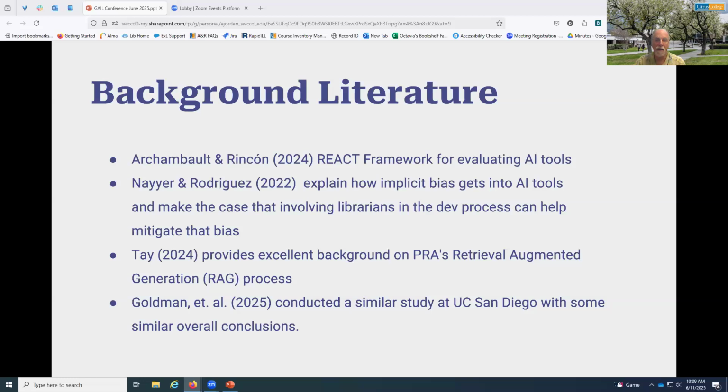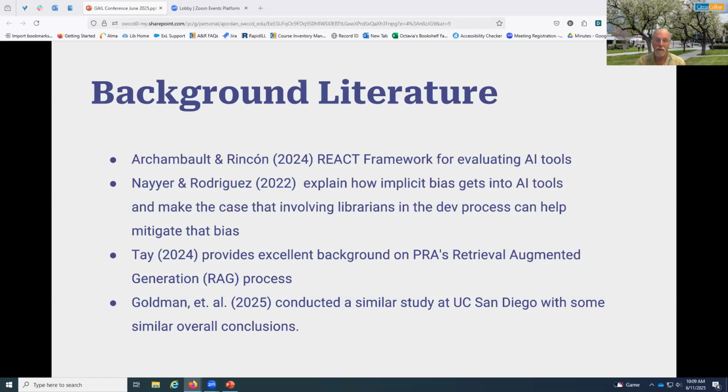The problem of implicit bias in AI is one that is discussed frequently, and Nair and Rodriguez are specifically interested in that problem as it manifests in academic library tools. They argue that including librarians in the development process can help mitigate such bias, though not eliminate it.